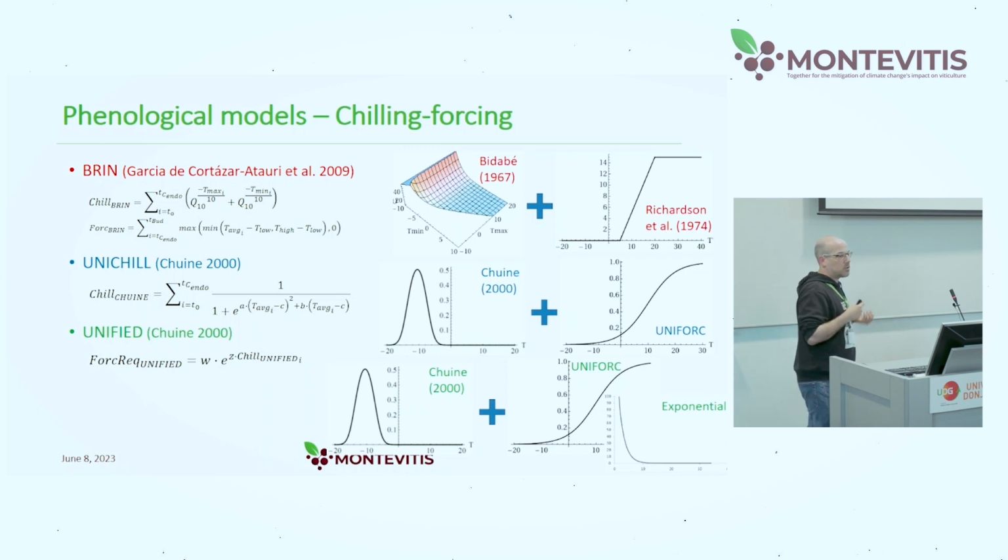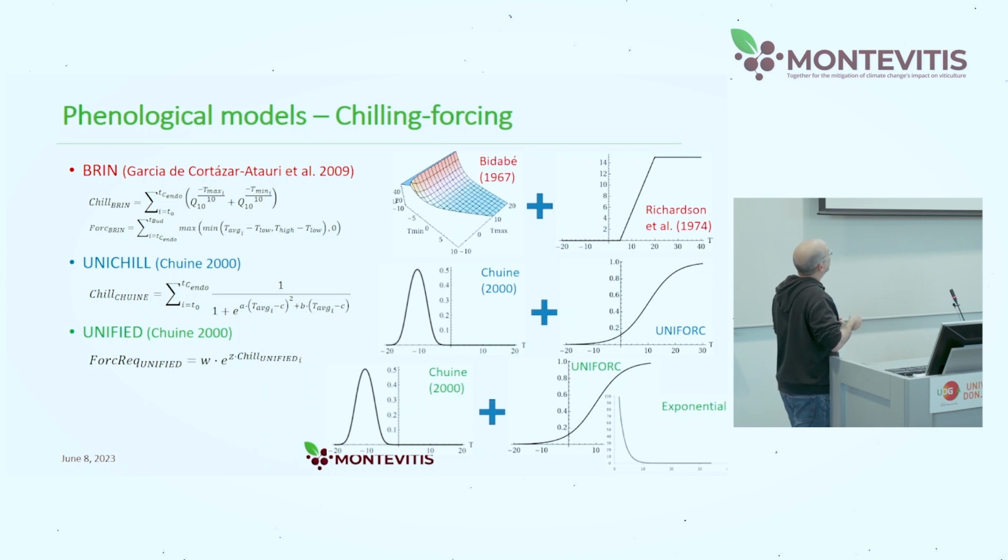And as I told before, they have 2 models inside, that in this case is the BW model for the Breen, that is a chilling model, and the Richardson, it's a forcing one, that it's more or less a GDD model with the threshold, the upper threshold, and then the twin, and with the uniform, the